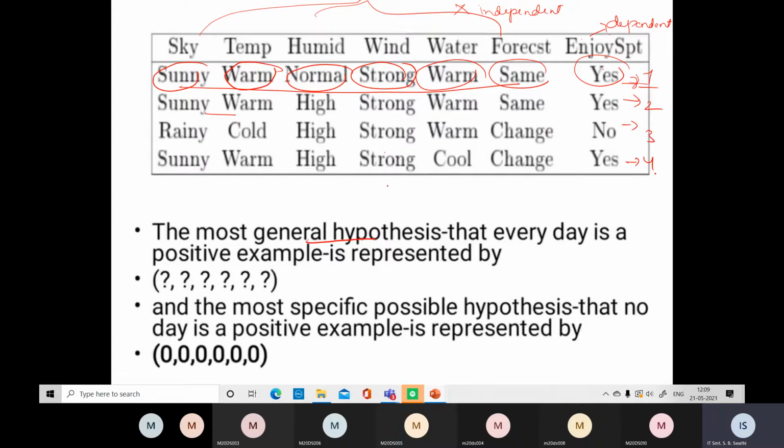In any program or ML application, what is generally recommended is that we go for a general hypothesis instead of a specific hypothesis. If you go for specific, you are confining or limiting your attributes. That means you are fixing the attribute in the first column, under sky, as sunny only. If I give the input as rainy, you may not get any result. It may not show yes or no. No result can be obtained there. So it is always recommended to go for a general hypothesis. Whatever the result, positive or negative, that is the second case. What matters most is whether it is generating some output or not.